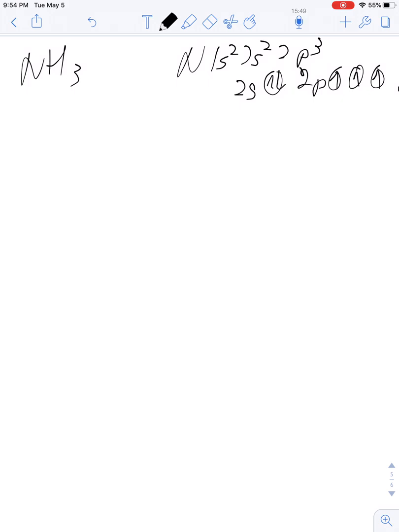So I have 3 unpaired electrons. So I could understand then why nitrogen would form 3 bonds and bond with 3 hydrogens. So I don't need hybridization to explain why nitrogen bonds, but I can use it anyhow. It still works. So if I started with my nitrogen,